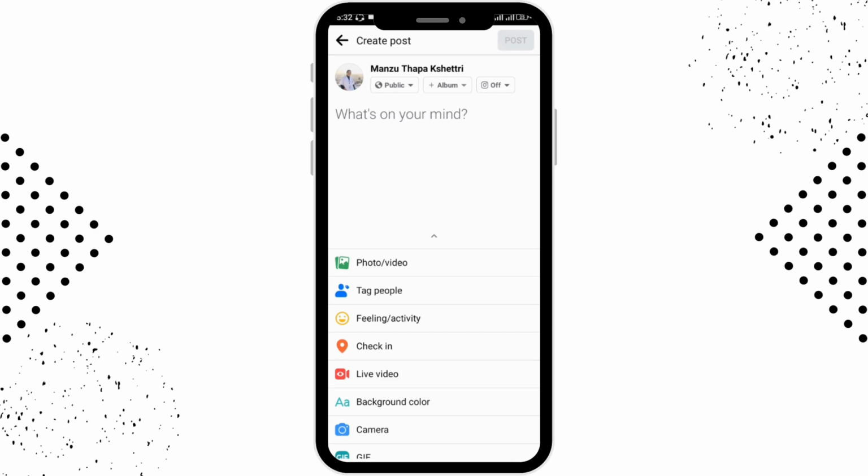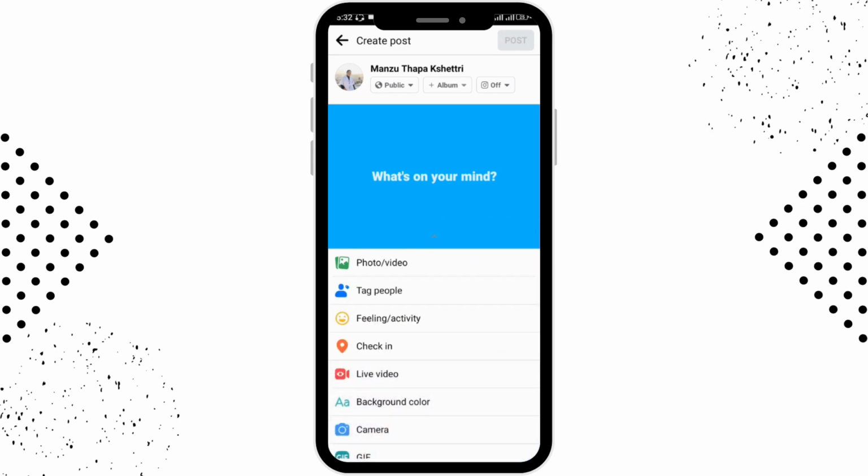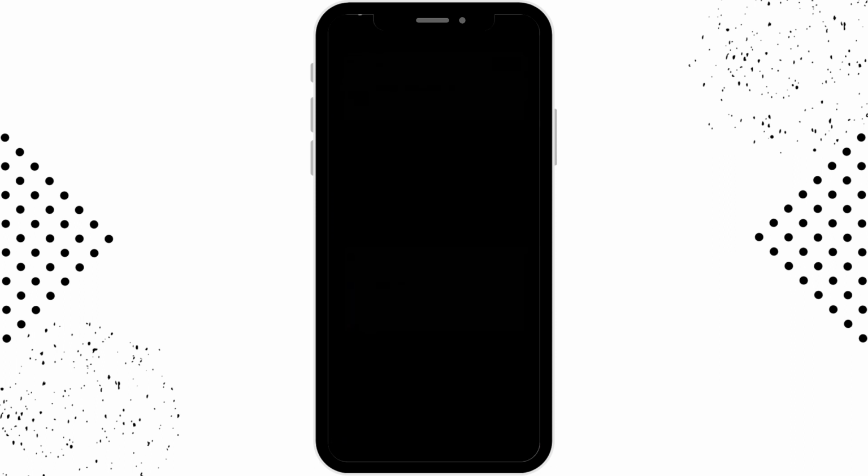If you are not able to see it, then you can just click on the What's on your mind option, and from over here you can see the three dotted horizontal line on the right hand side. So you can tap on that and you'll be able to see the live video. So what you have to do is just tap on the live video option,